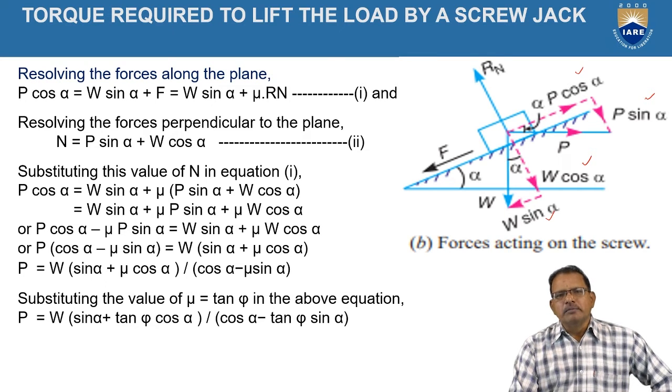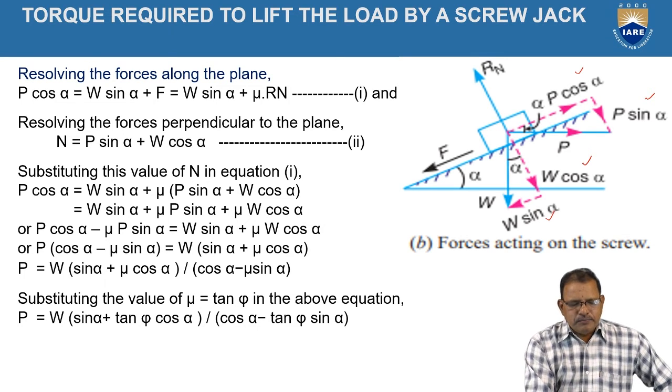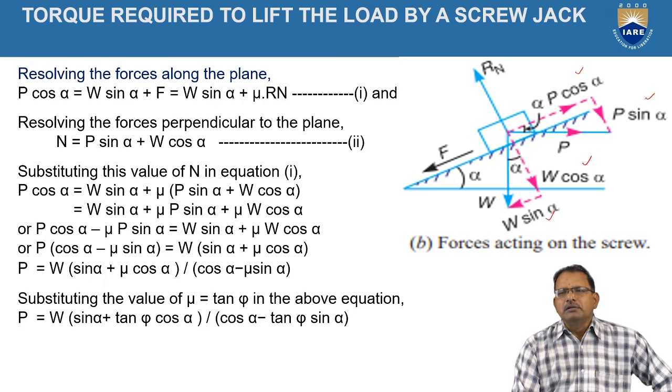Since the body is in equilibrium, the sum of the components of forces acting towards the right equals the sum of the components acting towards the left. Hence, P cos alpha, positive toward the right, equals W sin alpha, the sliding force acting downward,